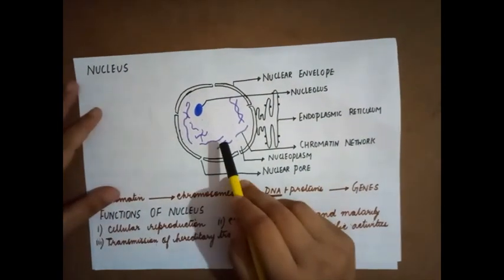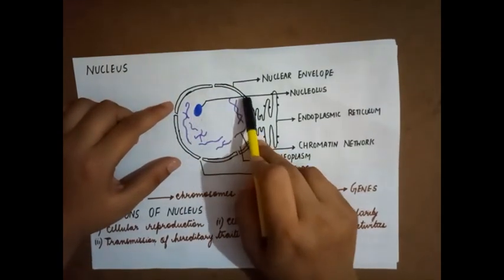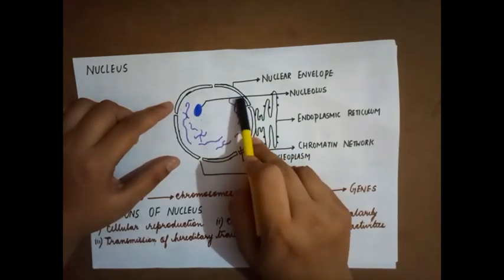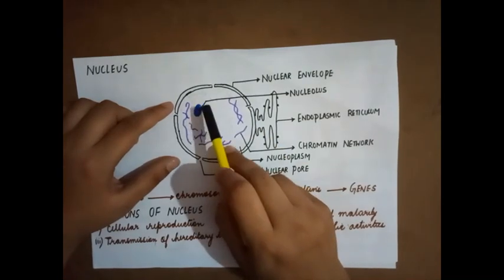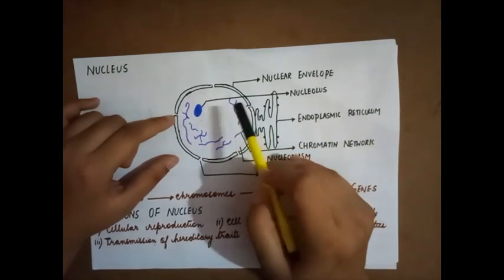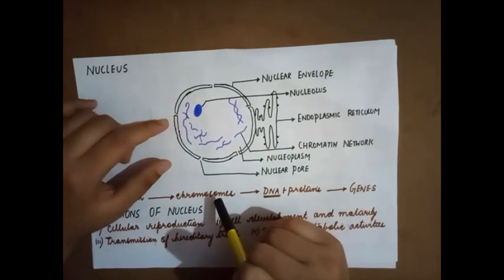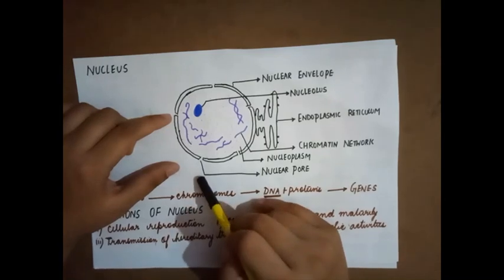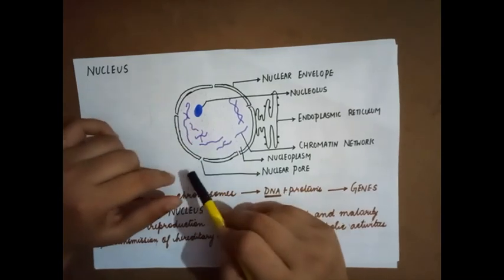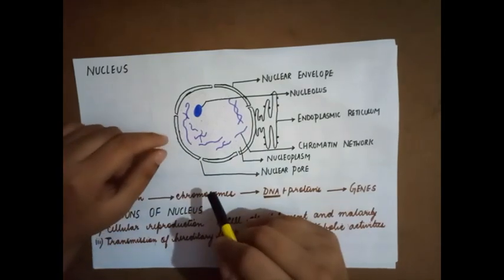Now we will move on to the nucleus. The nucleus has got the presence of nuclear envelope or nuclear membrane. Now this is a double membrane. It is made up of two layers and it is not continuous. There is a slight gap in this nuclear envelope, and that gap is known as nuclear pore, because there has to be exchange of material between cytoplasm and the nucleus, as well as certain things produced in the nucleus have to be transported to the cytoplasm. That's why we see the presence of tiny pores over here.